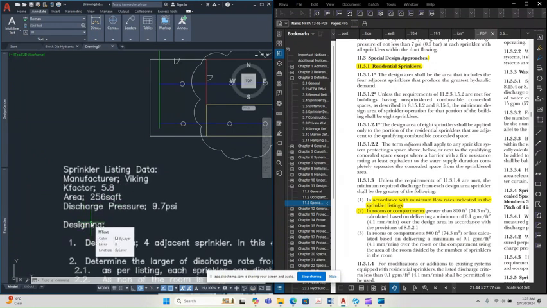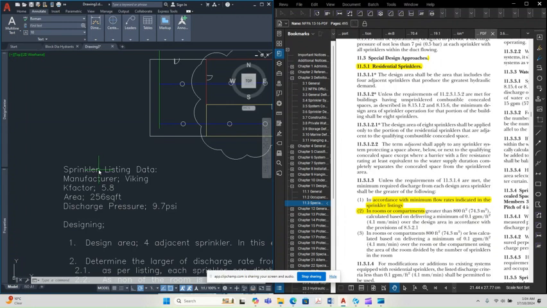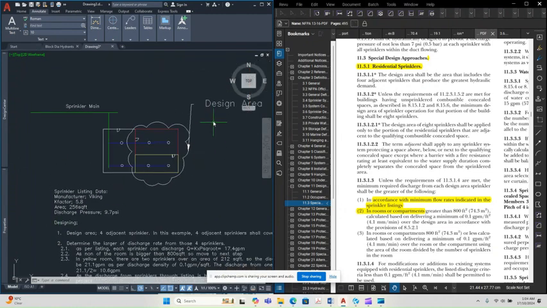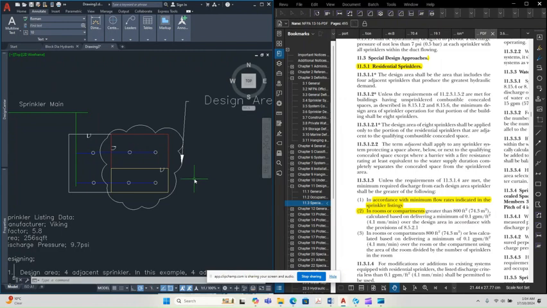As you may well be aware, the minimum required discharge pressure for the sprinklers as per NFPA 13 is 7 psi, but in our case, the listed sprinkler's design pressure is 9.7 psi. So once the sprinkler has been chosen and a design area has been marked,